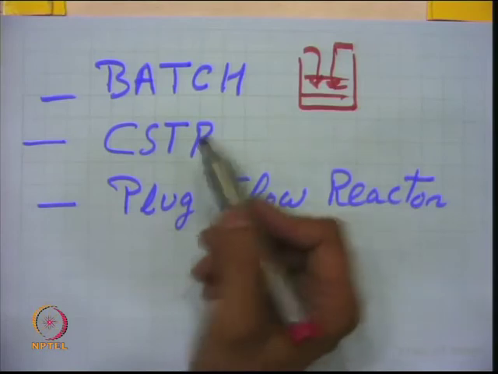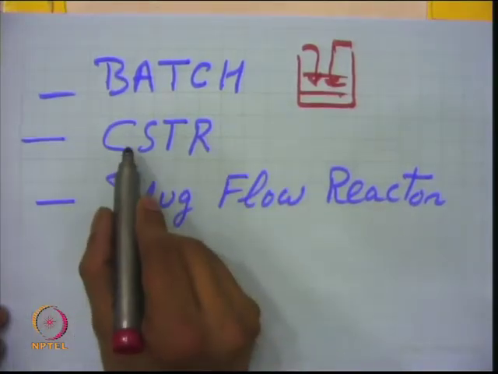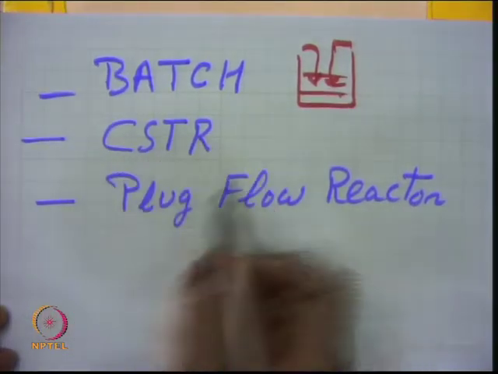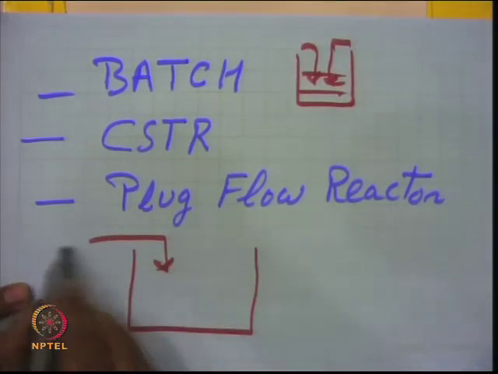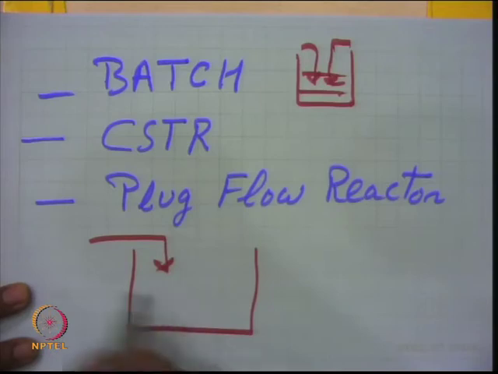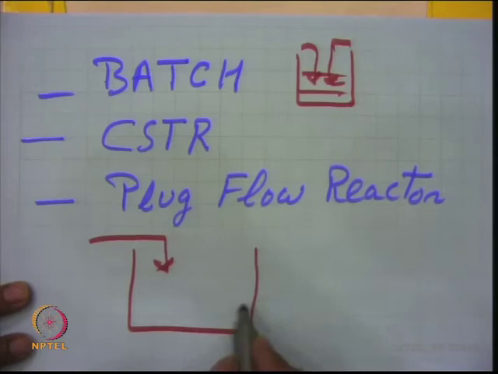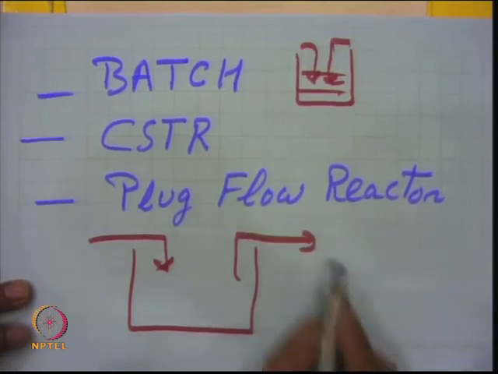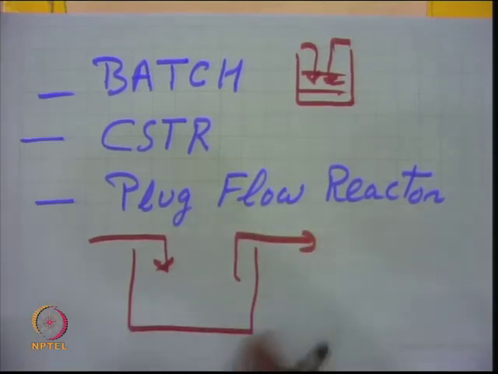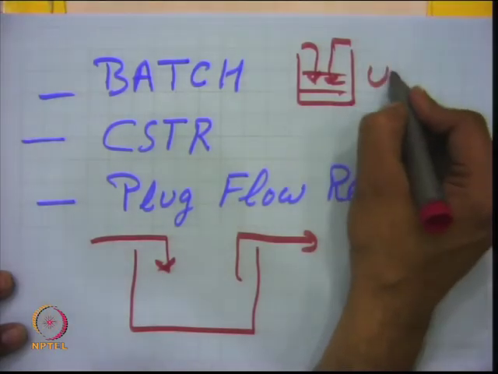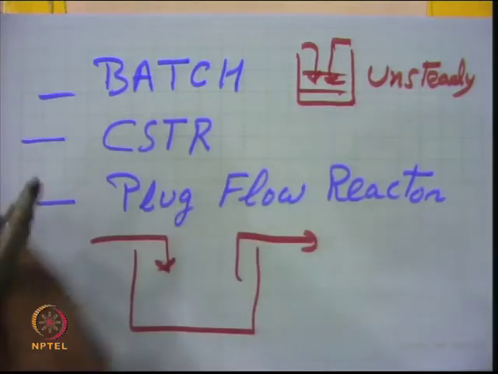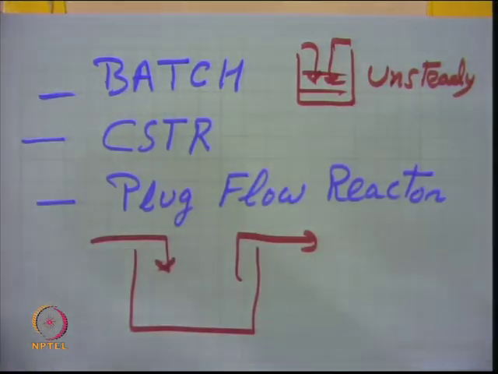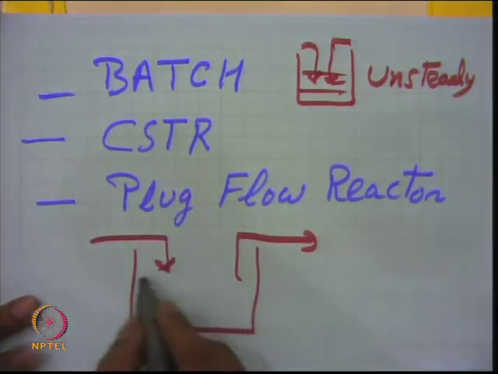The second one is again a tank type reactor, which is known as the continuous stirred tank reactor. So, you have a tank system where the reactant feed continuously goes inside, different kinds of feed reactant stocks go inside, and the product is continuously taken out. So, it is a continuous type reactor. Here it will be unsteady state operation, so the conditions inside the reactor will change with time.